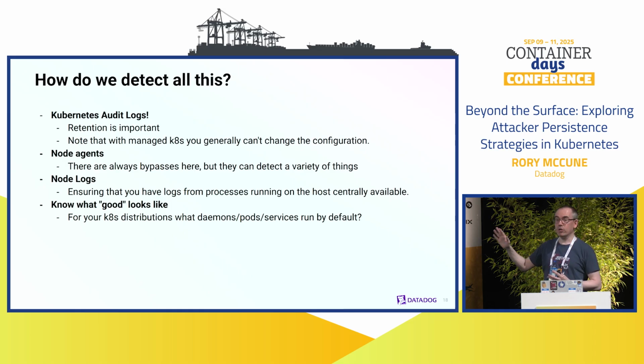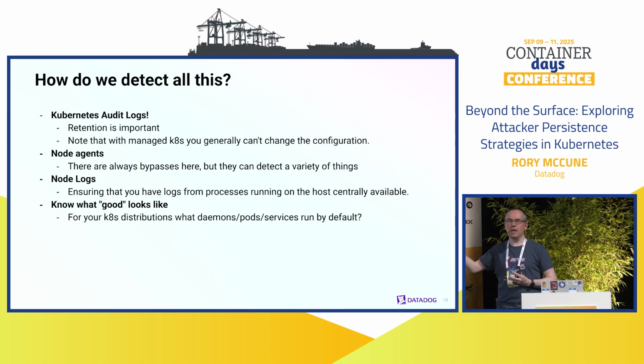I think it's very important to know what good looks like, because then you get some idea of going, hang on, there's never been a systemd netbon before. Why do we suddenly have a systemd netbon? I'd have some chance of spotting it. But that's how you detect it. So there's various options for detection at different layers.